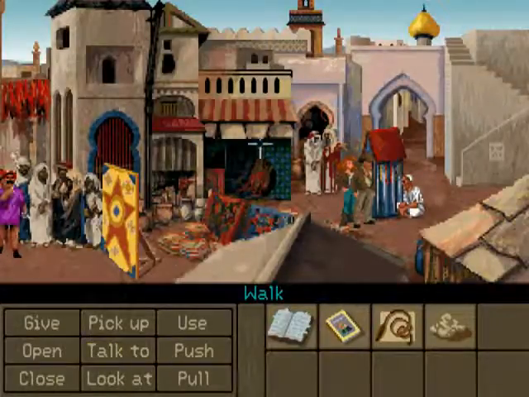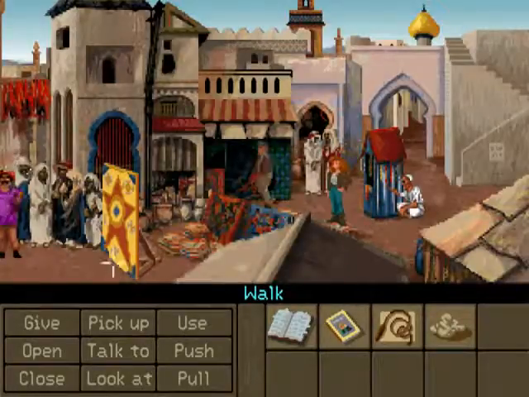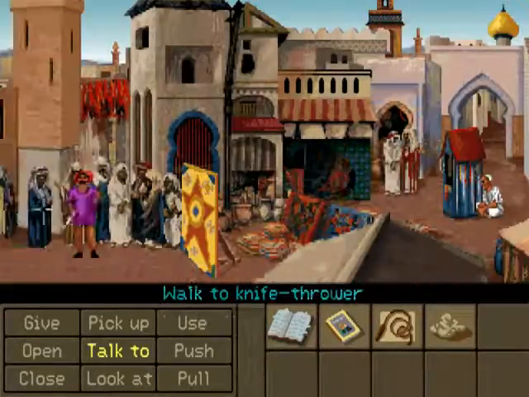Okay, so that's a hint. We need to give him some food. First, let's go over and look at the,